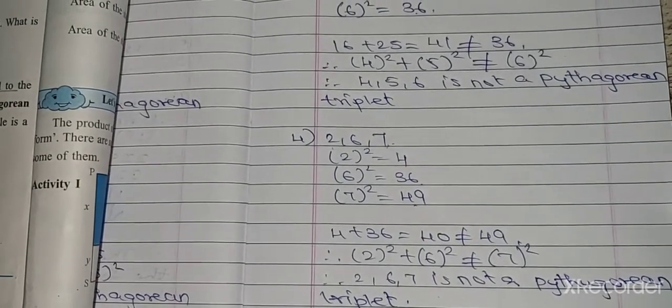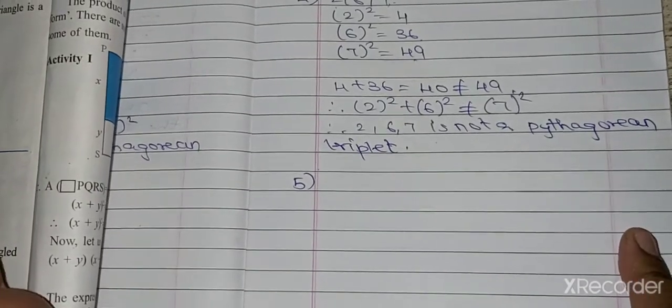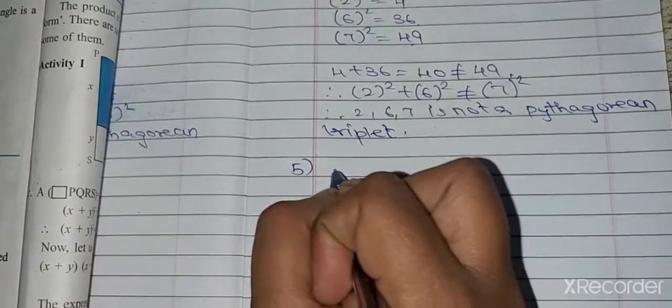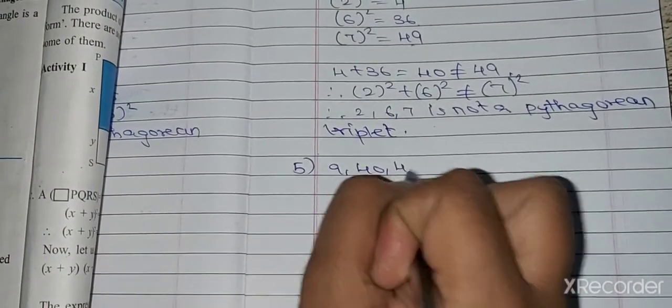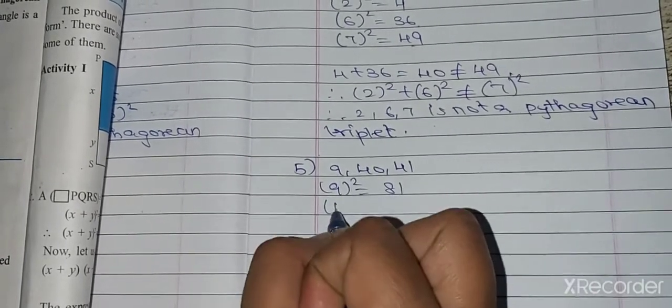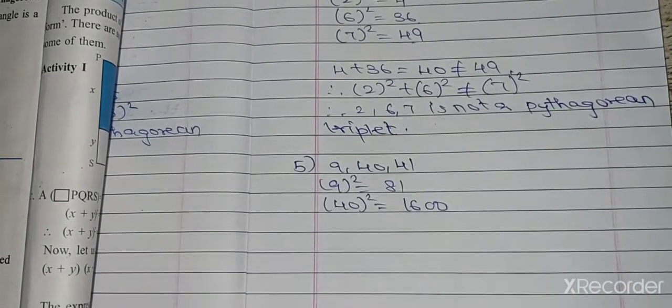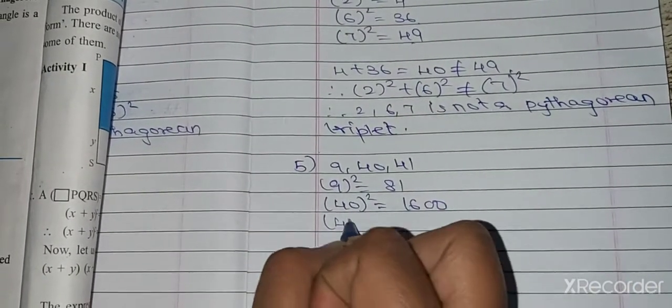Fifth sum. 9, 40, 41. Now square of 9 will give you 9 9s are 81. Square of 40: 4 4s are 16 and two 0s. 40 square is how much? 1600. 41 square